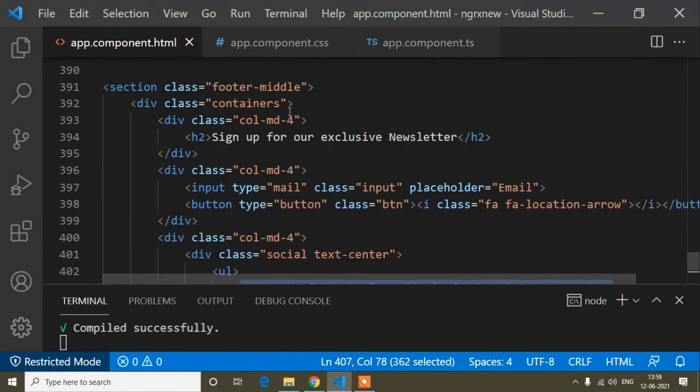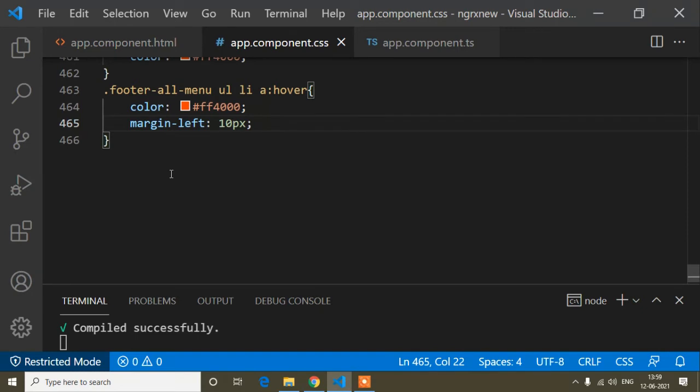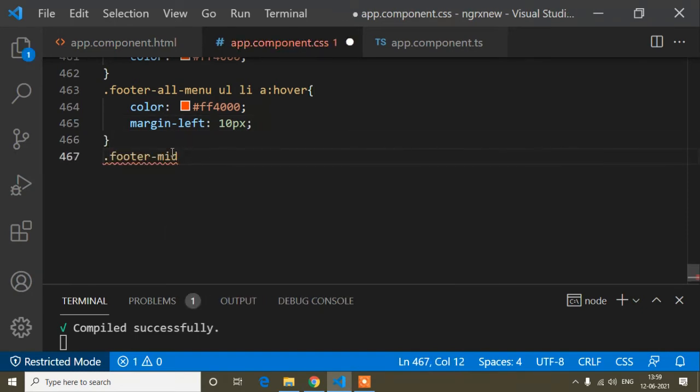So first of all, here is the footer middle. I will copy this one and paste it here. Now I will add the design. First of all, padding.